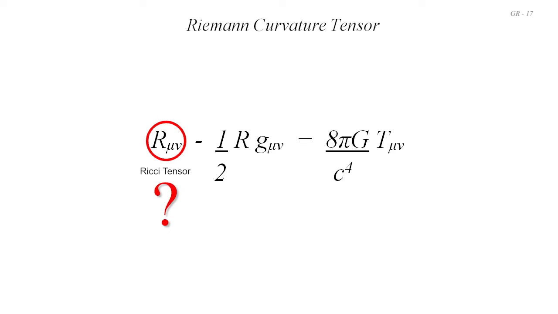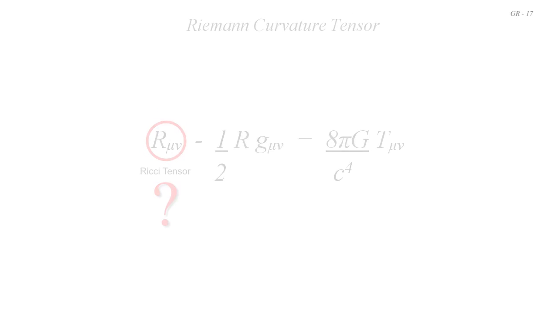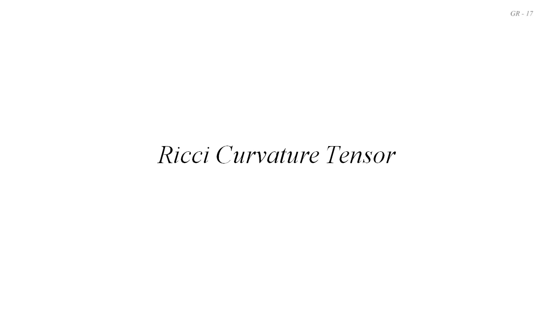But what is it? How is it calculated? And what does it mean? Well, in one sense, it's fairly easy to explain how the Ricci tensor is created, what it is. It's not so easy, in fact, it's quite mathematically arduous to explain what it does. But let's go for the easy bit and make some sweeping statements along the way in order to get us